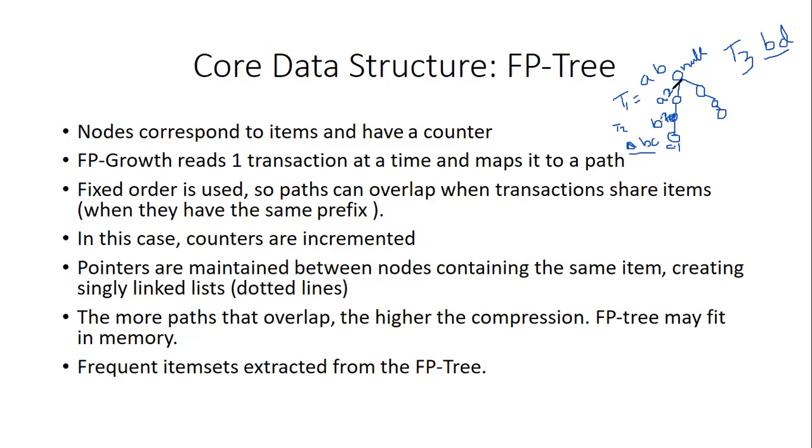But here this branch is starting from A, not from B. I cannot directly take A, B, C, D; it will be a different pattern. But here the pattern given is BD. So I can start with a new branch, BD, because this branch is starting from A. All the patterns which are starting from A, I can put here.